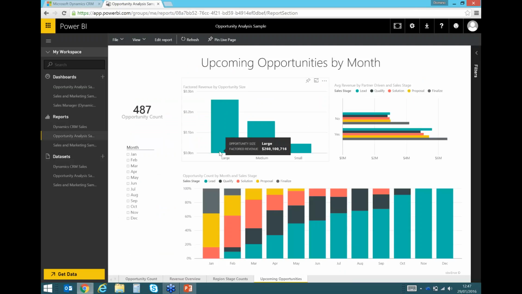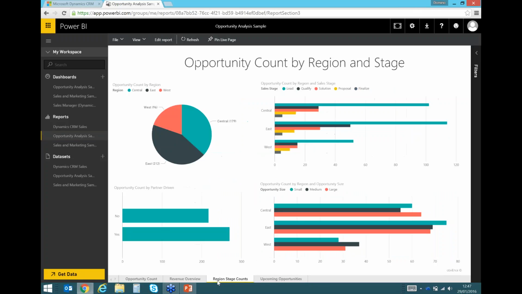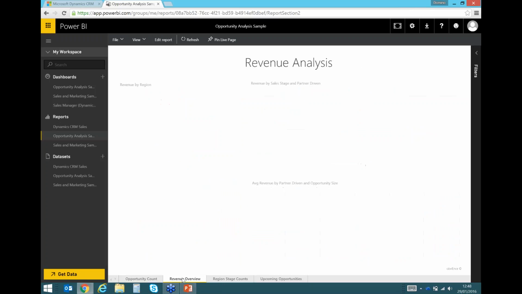So I would certainly urge people to explore Power BI in more detail. The connectivity between Power BI and CRM Online, or even any other system or data source you may have, is becoming much more tightly integrated. So definitely an interesting area to explore. But please feel free to email me or your account manager, and I'm sure we can help you connect up